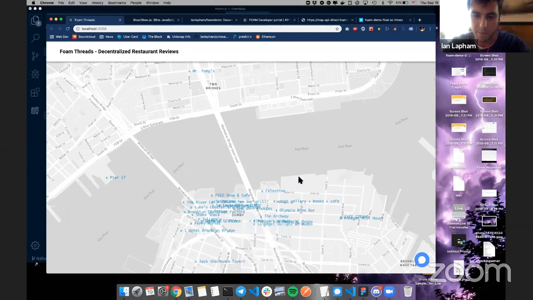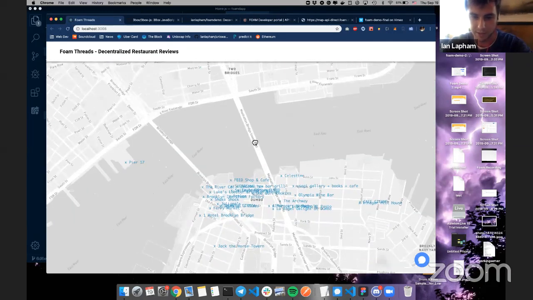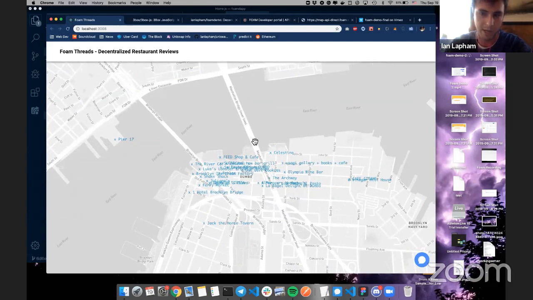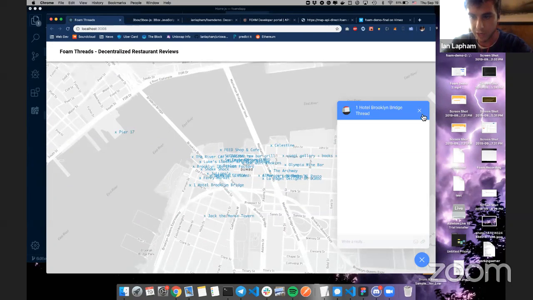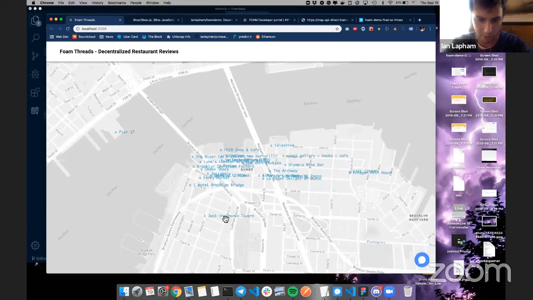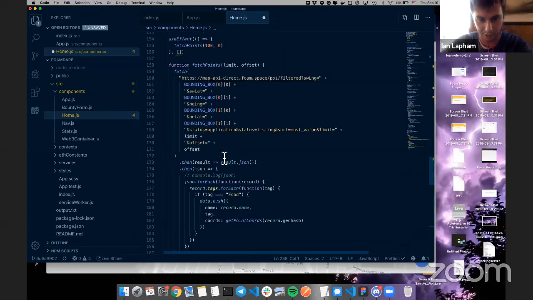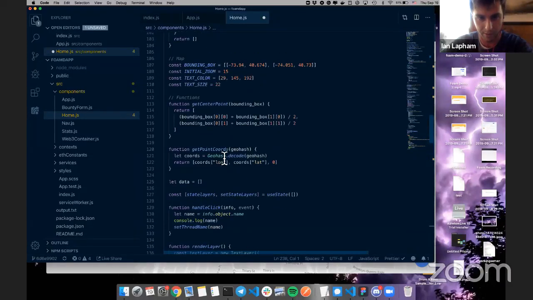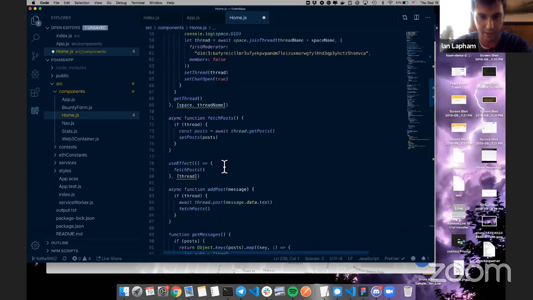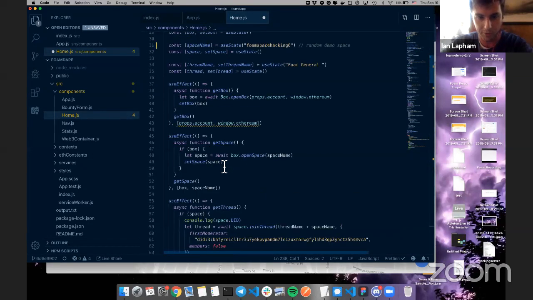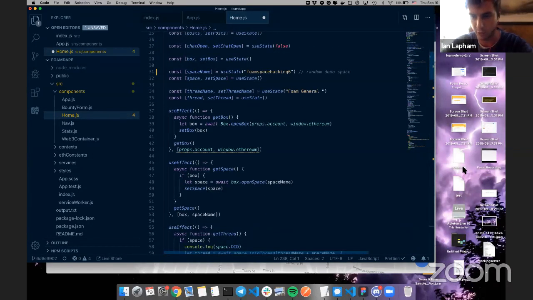Yeah, so that would also be easy to integrate. Right now, you can't do that. But the good thing about 3box is that if I click on one of these that have already, yeah, here we go. These chats are actually stored in a 3box space. I can show you in the code. But basically, you can fetch posts from these spaces, and that stuff is all stored on IPFS.